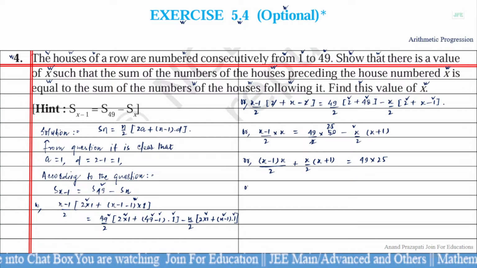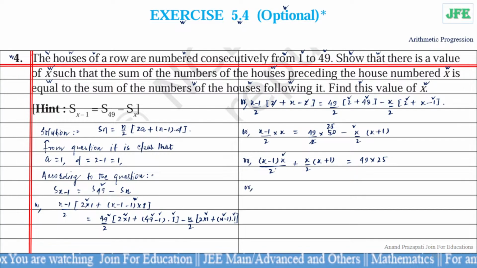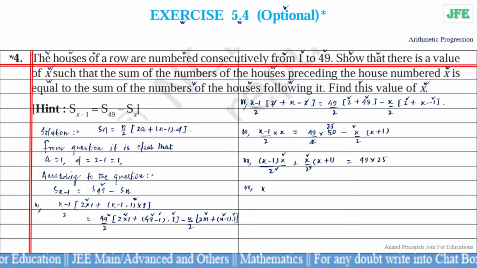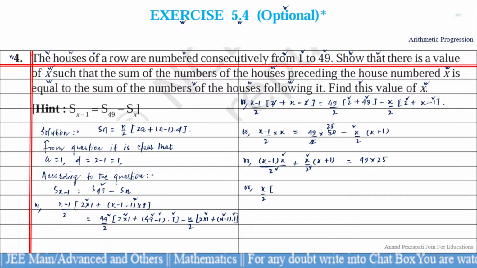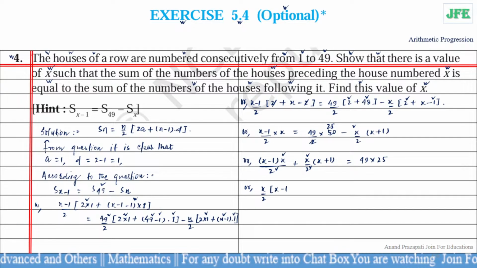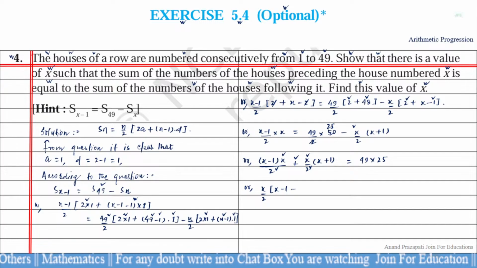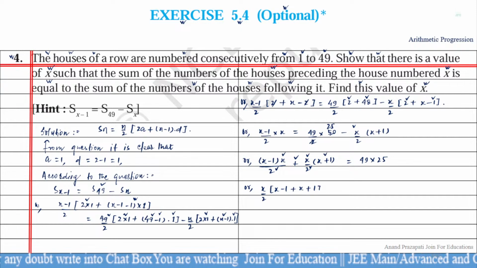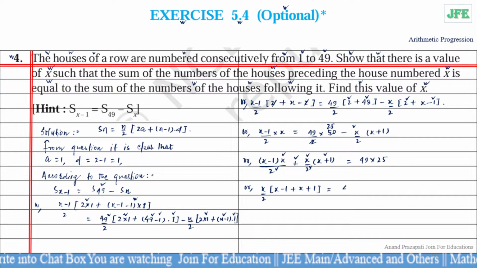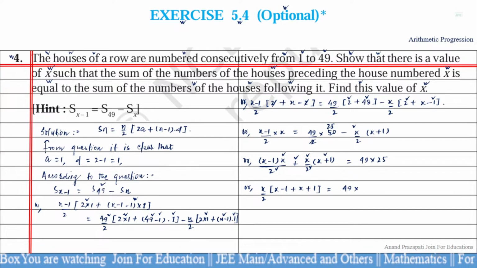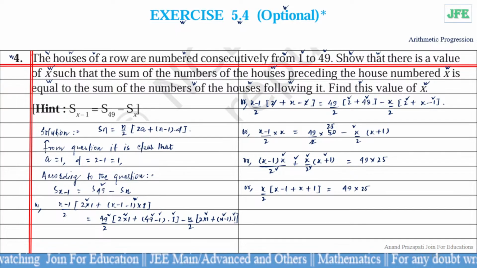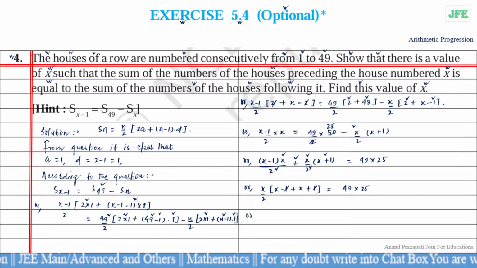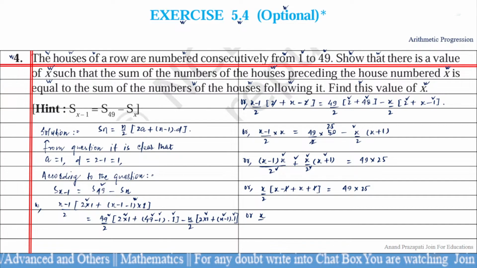So we take x by 2 common, then we get x by 2 into (x minus 1 plus x plus 1) equal to 49 into 25. We cancelled out minus 1 plus 1, then in the next step we get x by 2 into